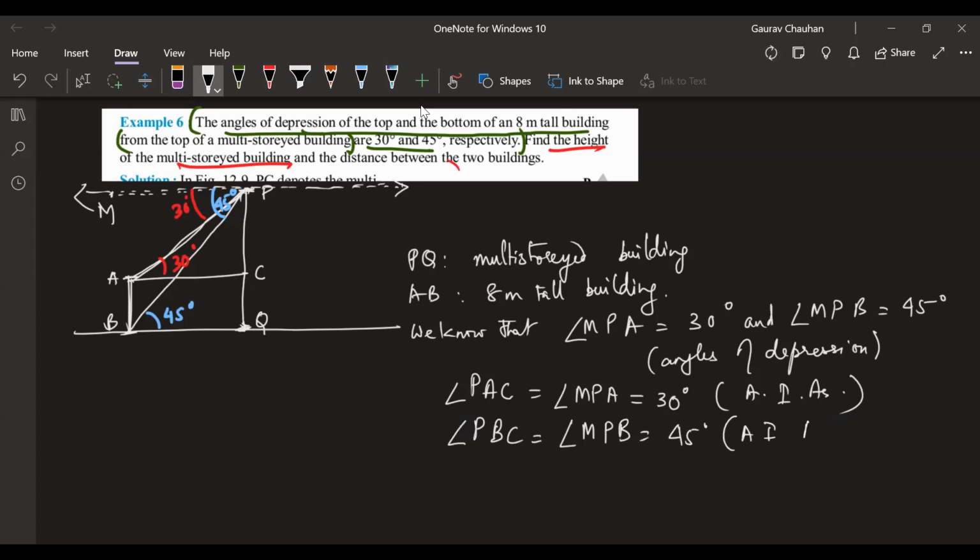Can I get a fist five at this point? How are you feeling about this? Everyone, can I get a fist five here? Five, sir. Thank you. In most cases, angle of depression will be used like this. You will end up changing it to the angle of elevation of the point from which it is being seen.